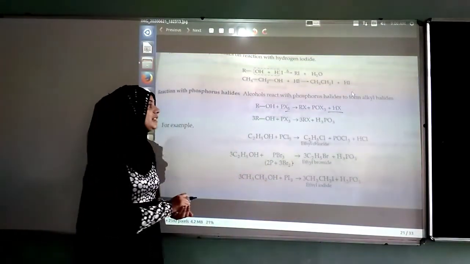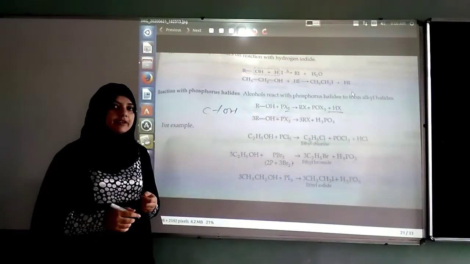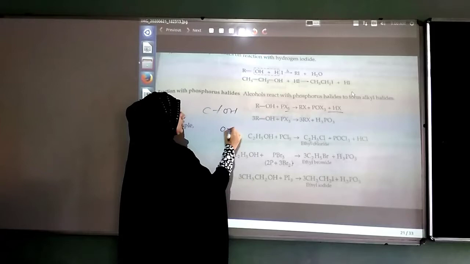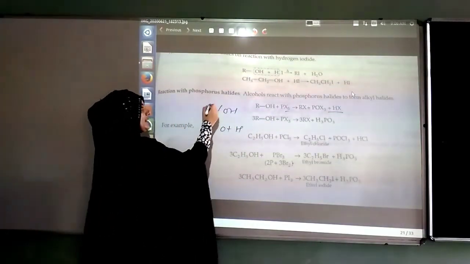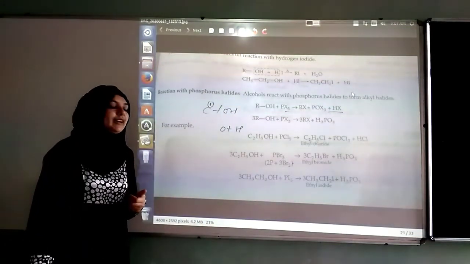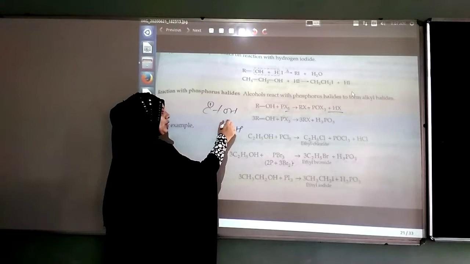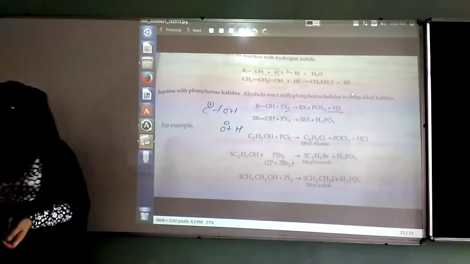These are all the reactions which we are learning with the C-O bond cleavage. Initially, we learned O-H cleavage. Now we are learning C-O cleavage. As we say that it is C-O, the carbon will be positive, meaning it is a nucleophilic substitution reaction, when we take the cleavage at the C-O bond.